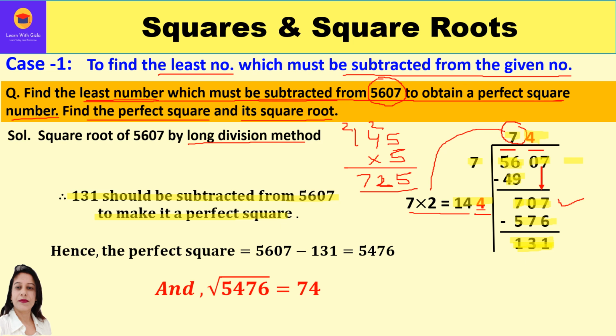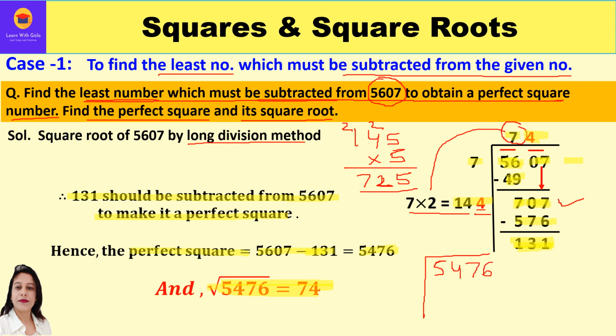Now how to get a perfect square? When we subtract 131 from 5607, we get 5476. Now this is a perfect square number and the square root of this number is 74. Even if we have to check it, we can check it. If we have to check over here, we can find the square root of